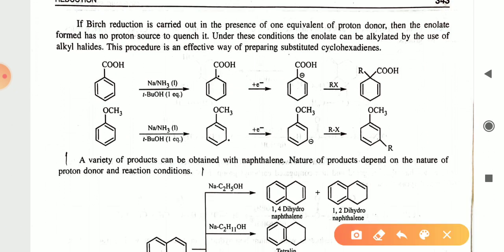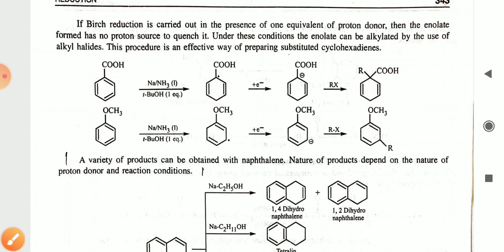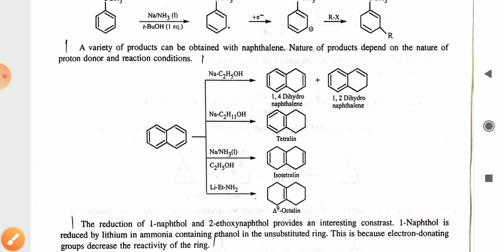Okay, so in this reaction you can see here the electron withdrawing group is present, and in the presence of sodium, NH3 and tertiary butyl alcohol you will get the product. So this is the mechanism. The position of the free radical and the negative ion changes, and finally you will get the two double bonds in cyclohexadiene. Okay, you can see another example, the position of the free radical and the position of the negative charge, and you will get the cyclohexadiene. These are some other examples with different catalysts.